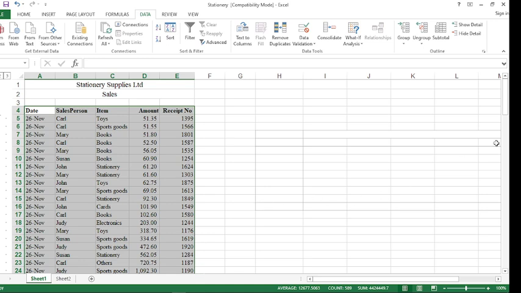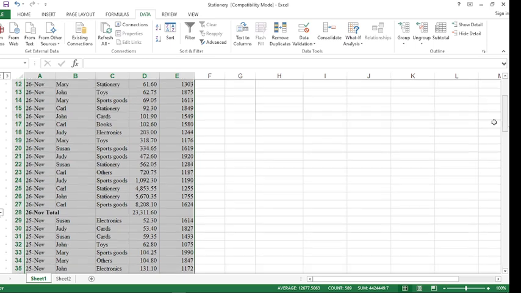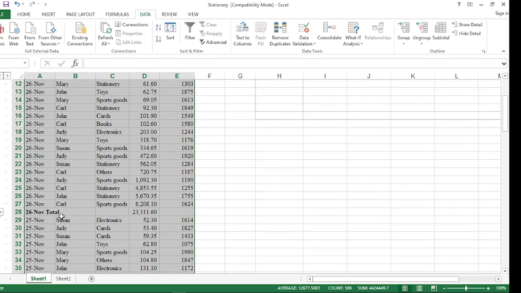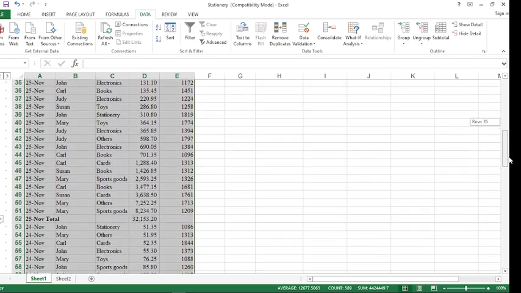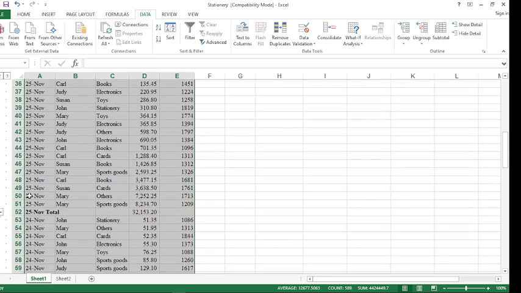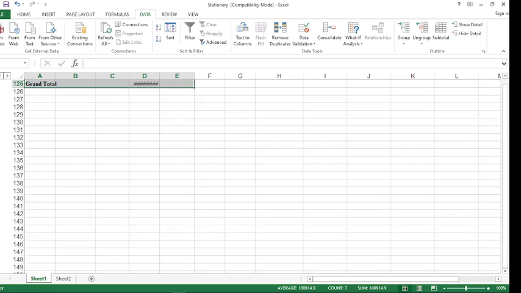So we expect to get something like in date 26. Where date 26 ends, we need to have a total. The total of amount is 23,000. These are the sales made during that day. Elsewhere we have date 25, where it ends we get its total, etc. And realize that this one has levels. So we have level 1 which shows us